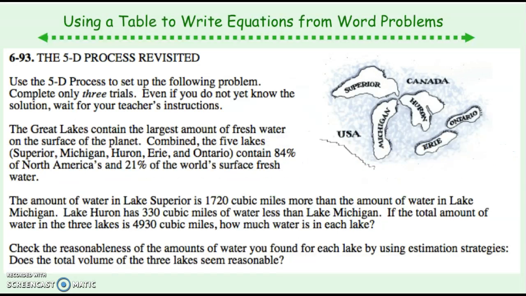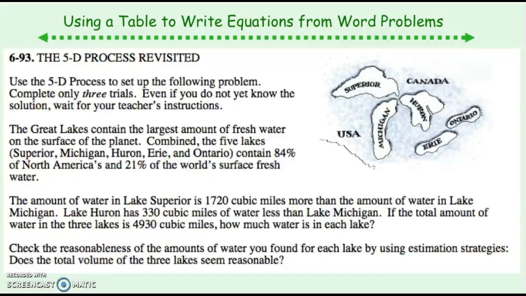The first problem you can write down is 6-93, the 5D process revisited. Use the 5D process to set up and solve the following problem. Complete only 3 trials. Even if you do not yet know the solution, wait for your teacher's instructions. The Great Lakes contain the largest amount of fresh water on the surface of the planet. Combined, the 5 lakes, Superior, Michigan, Huron, Erie, and Ontario, contain 84% of North America's and 21% of the world's